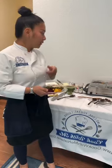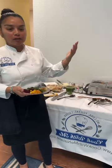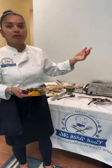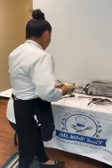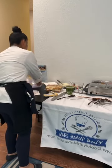So you want to make sure that you're using the right olive oil. If you just look at the back of it, it's going to tell you for marinades, salads. That's all it says, marinades and salads. And the other one is telling you for roasting, sautéing. Wow. And then next, we have our